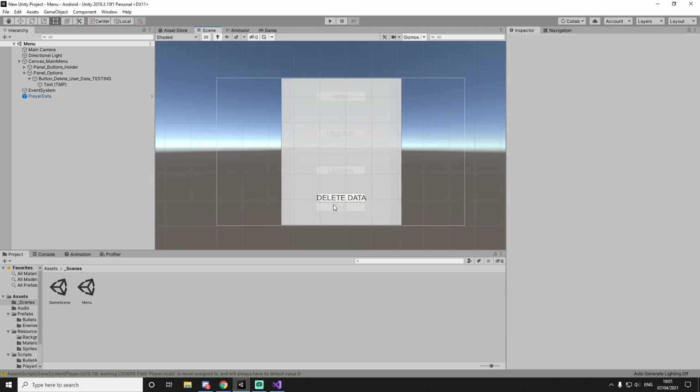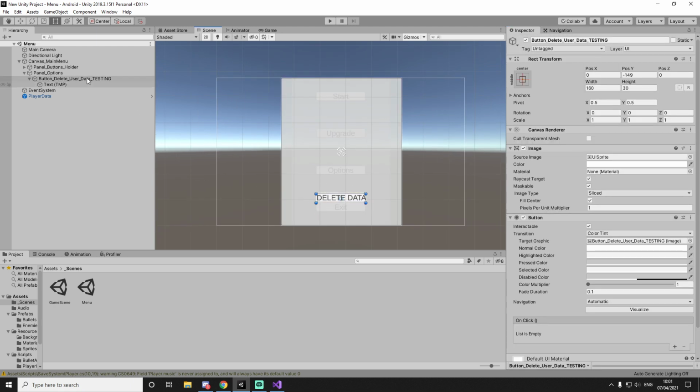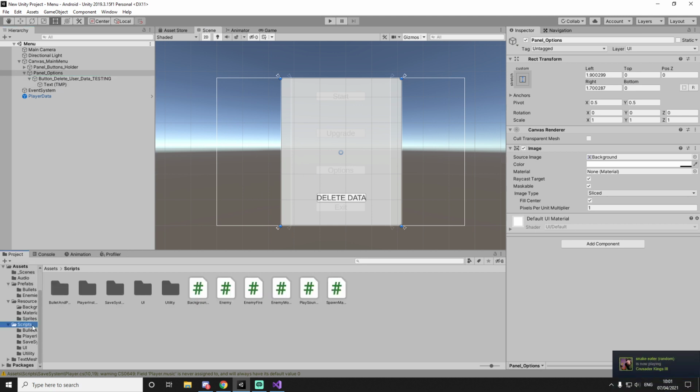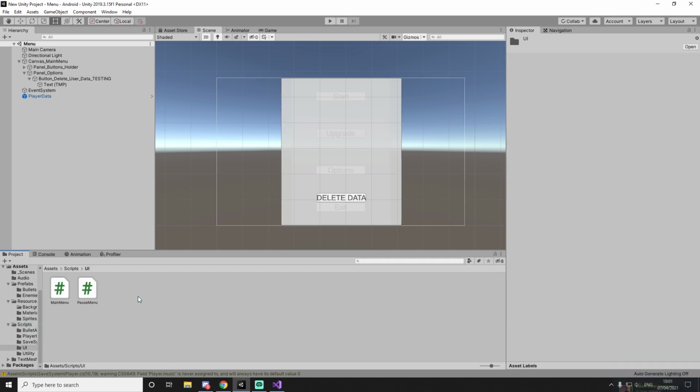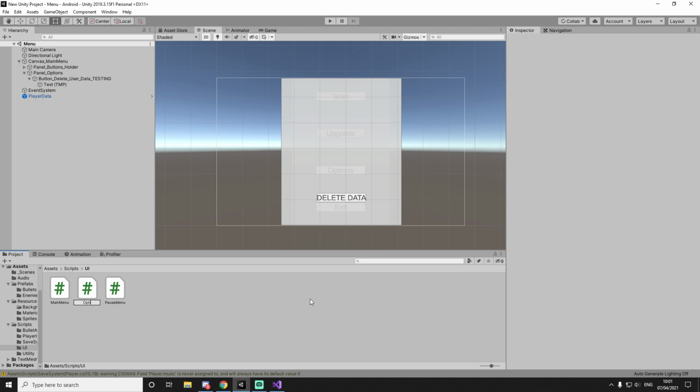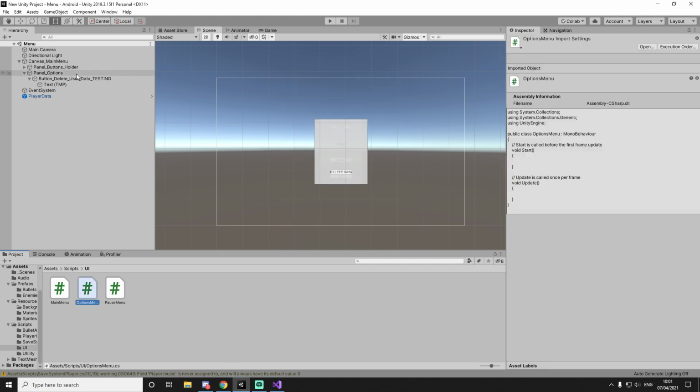So what this will do is just remove our current existing player data, which is exactly what we need. Now let's create a new script into the UI, and let's call this our options menu, like this. Our options menu can be directly attached to our panel right here,